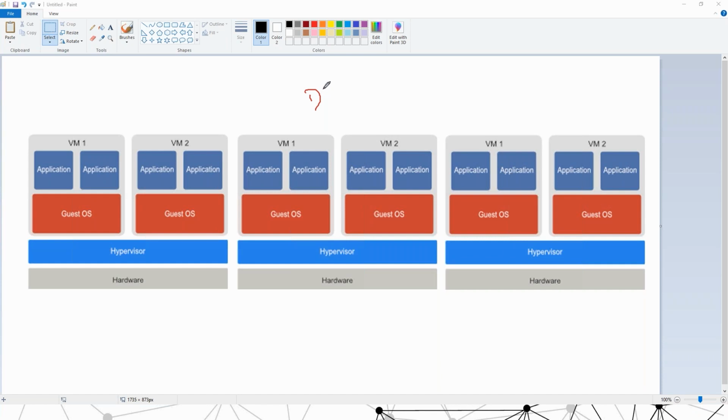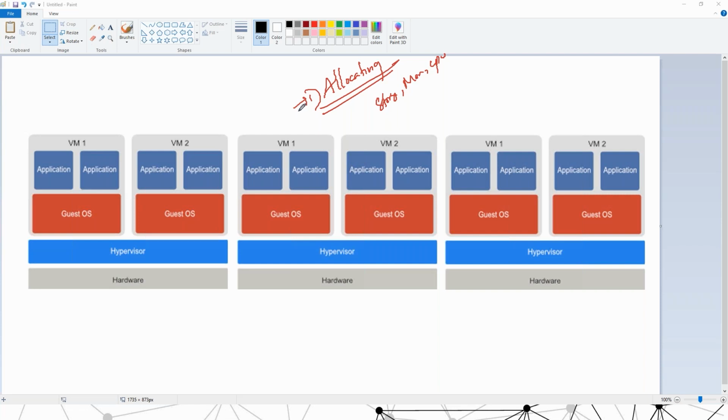So first of all, to answer that, there is a word which I always use. Whenever you are allocating resources to a VM, like the storage, the memory, the CPU, until you deallocate these things, they belong to that VM only.